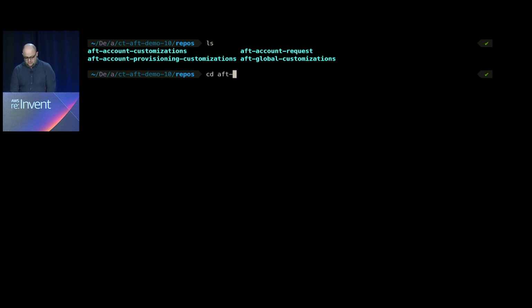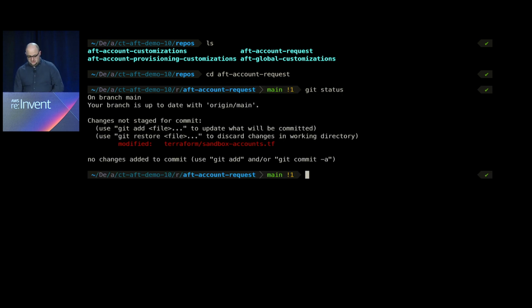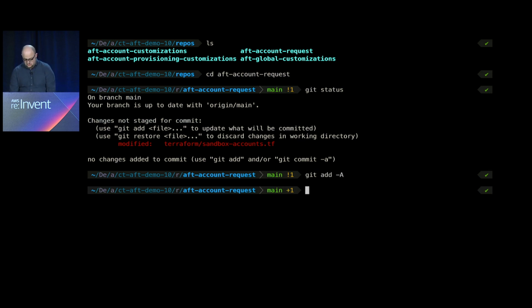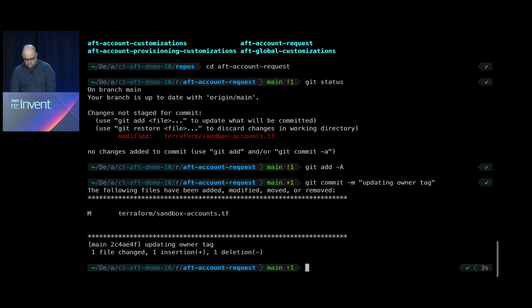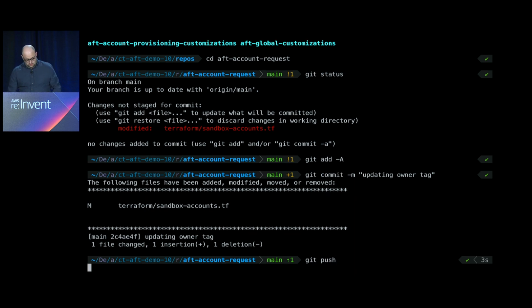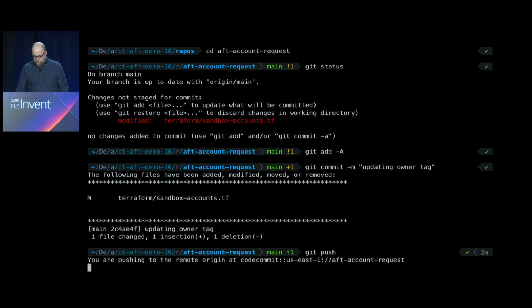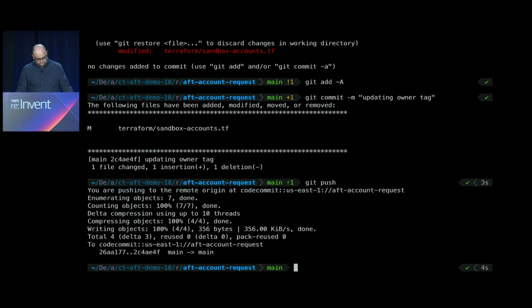I'm going to basically go into the account requests folder. If we do a status on this, you can see that we have modified that particular file. We're going to go ahead and add it. And we are going to do a commit, just updating the owner tag. And we are going to go ahead and do a git push up into that repository.